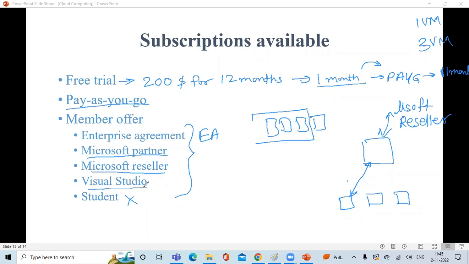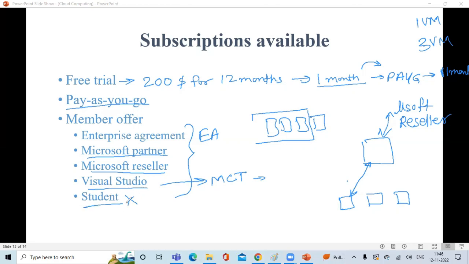Another subscription, we have is Visual Studio. So if you are a Visual Studio subscriber, then you will get a Visual Studio subscription. And most of the time, this is also called MSDN or the Visual Studio subscription. And as an MCT, Microsoft Certified Trainer like me, we are having that Visual Studio subscription, where we will get $100 every month. So Microsoft will credit $100 every month automatically in our account. So I can utilize that for my demonstration purpose. So like that, we are having that Visual Studio.